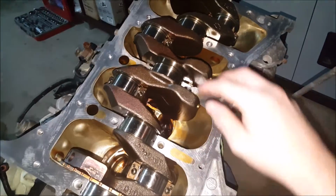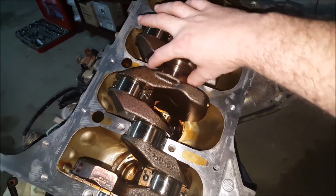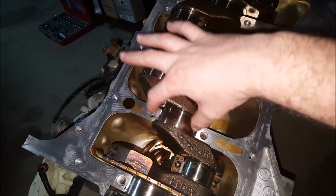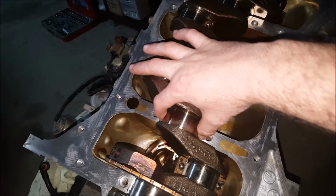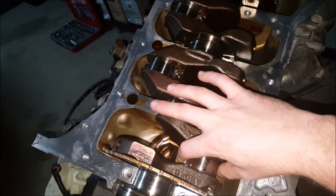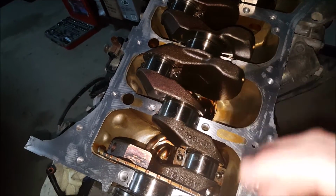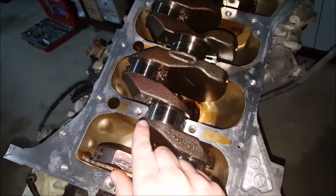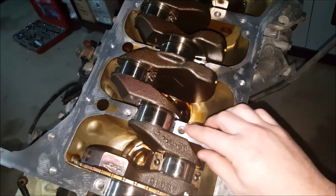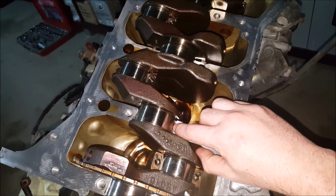So I'm here to explain how we pick what bearings to choose. What you want to do is take a measurement, the outside measurement of your actual crank, both on your main journals and your conrod journals. And then you want to take the measurement of the hole that it sits in without the bearing in it. So, for instance,